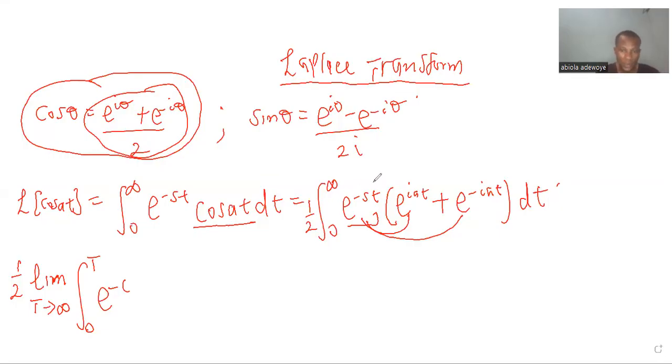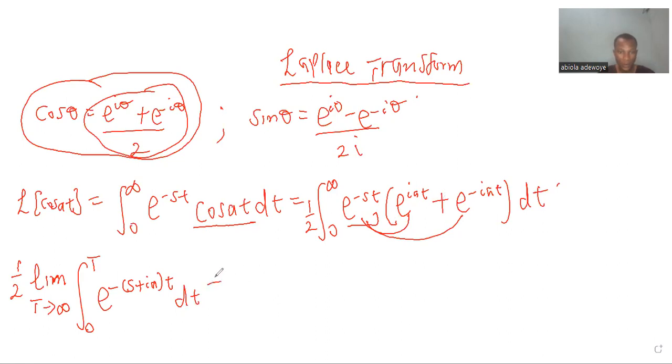So what does that mean? Now, it means t is common for both. So I'm going to have s plus ia, close bracket t. Is that okay? dt